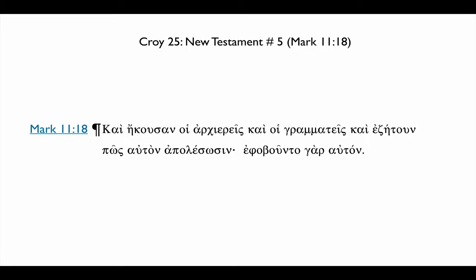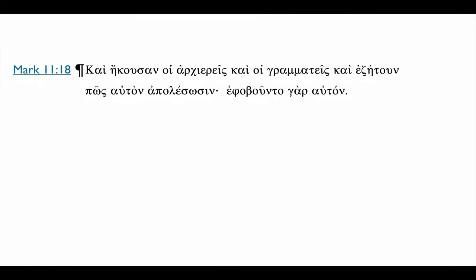Okay, this is from Croy chapter 25 from the New Testament sentences. This is the fifth New Testament exercise, and it's Mark 11:18. So the Greek says, kai ekousan hoi archiereis kai hoi grammateis kai ezetoun pos auton apolesosin, ephobounto gar auton. Much of this sentence is pretty straightforward. There's one thing that I really want to zero in on, but just to look at the first clauses,